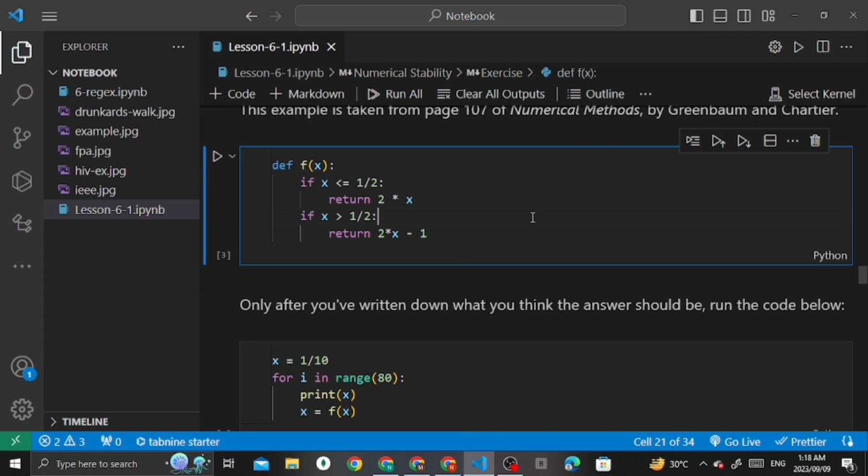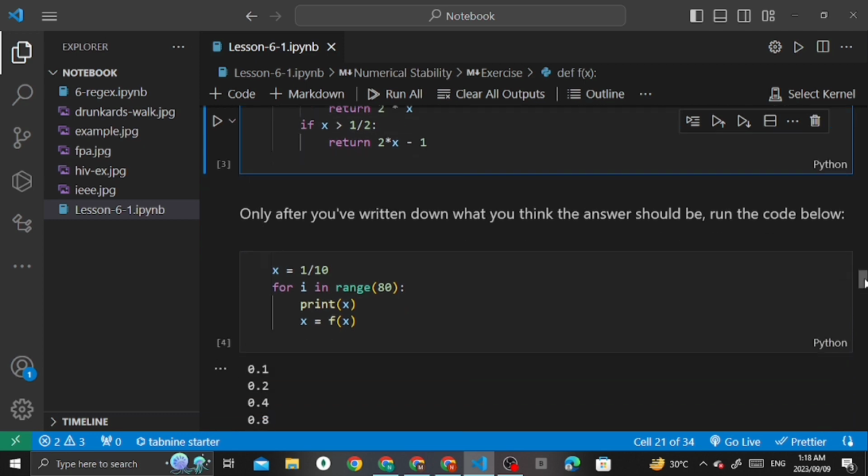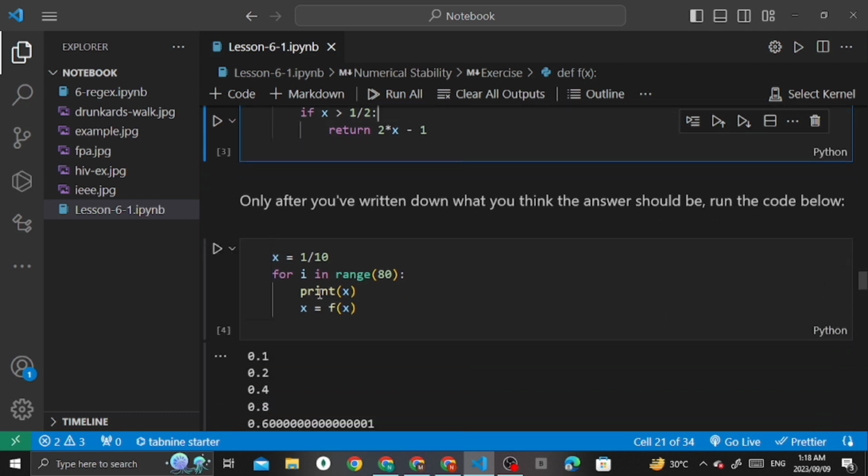Then it iteratively applies this function to x equals 1/10. Let me scroll down so you can understand better.